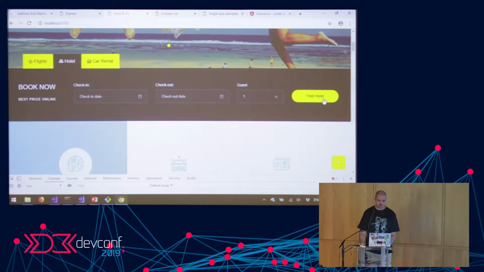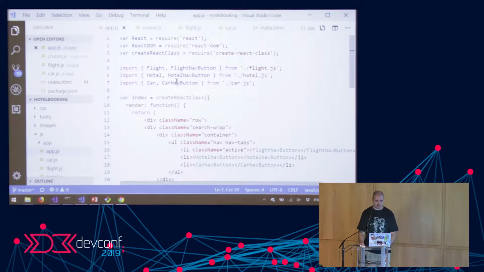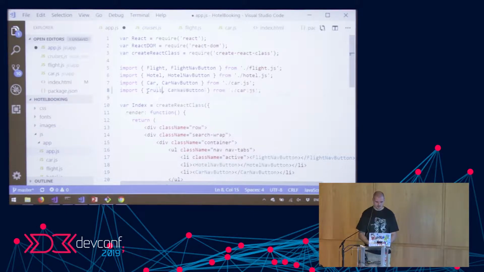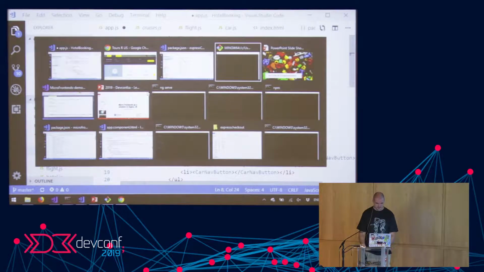So what we need to do, essentially, is at the top here, where we're importing these different modules from the different files that we're working on, we want to do something similar, but instead of a car, we want to import a cruise and a cruise nav button from somewhere. Now, where are we going to get that from? Initially, we're going to make the Angular team give us those components. Okay, so if we go to the Angular application,